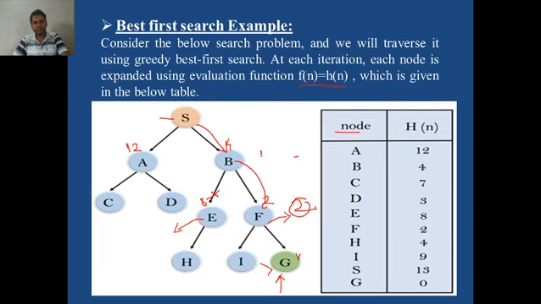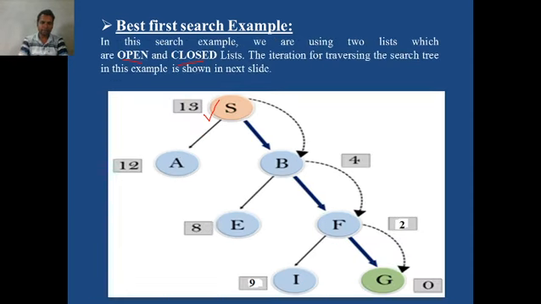In iteration 1 we put A in the open list and B in the closed list, and in the initialization phase we kept S in the closed list, A and B in the open list. So here please remember, after B we can move to F, not to E, because the cost is higher with E. So this same diagram you will find here.